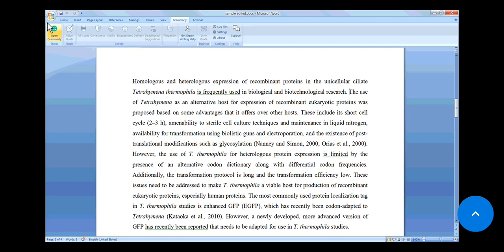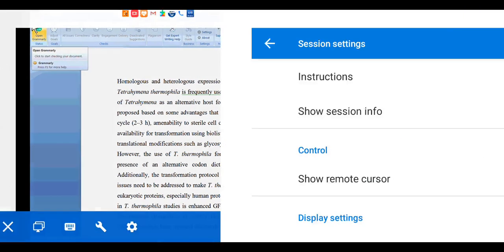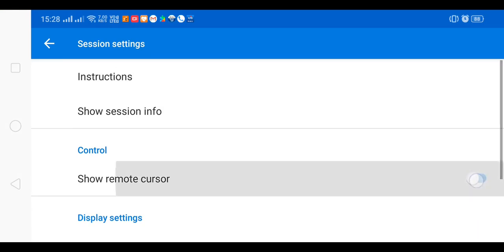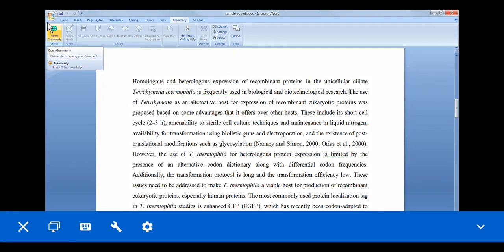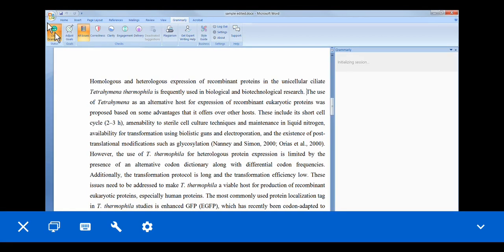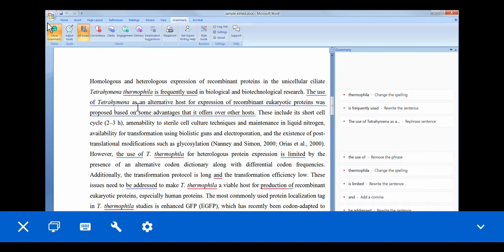Now click here, open Grammarly, and here it will show corrections.